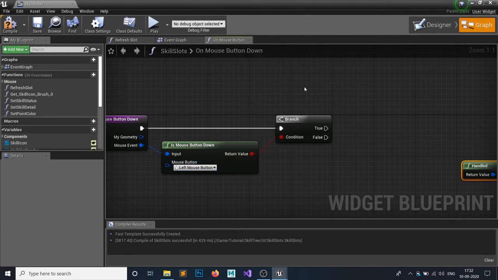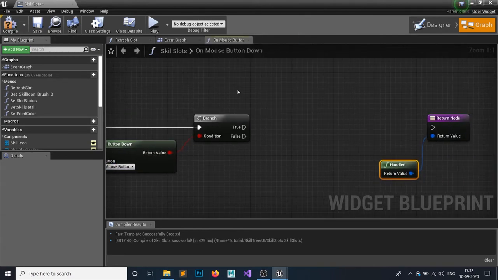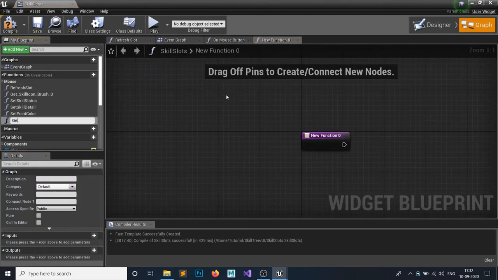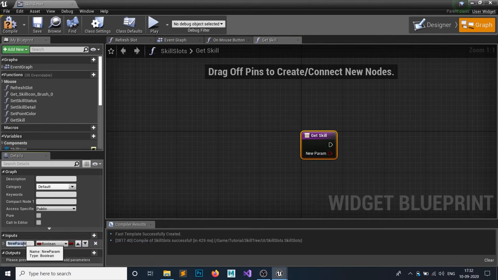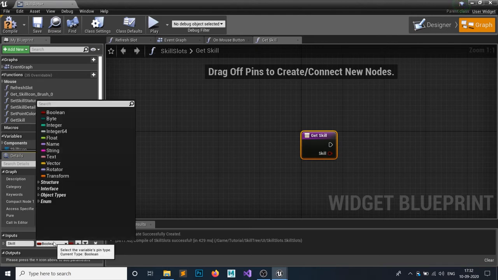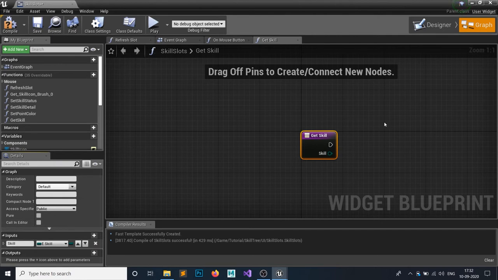Okay, we have done this thing. Now we want to make a function called get skill. It will check if we can get a skill or not, nothing more. So add an input, and this input would be your skill, and type is obviously E underscore skill, the enumeration we have just made.